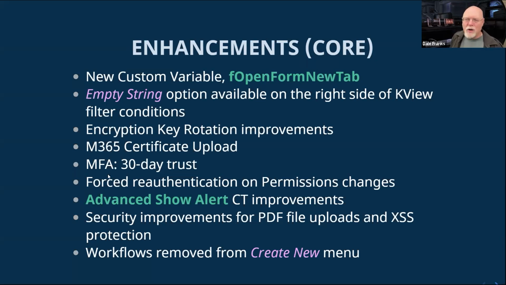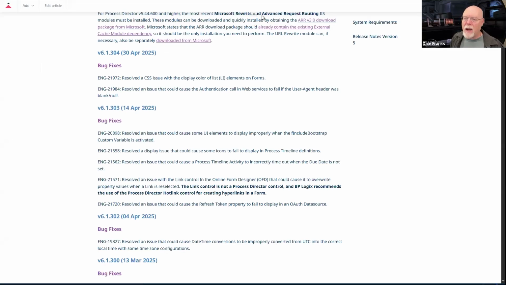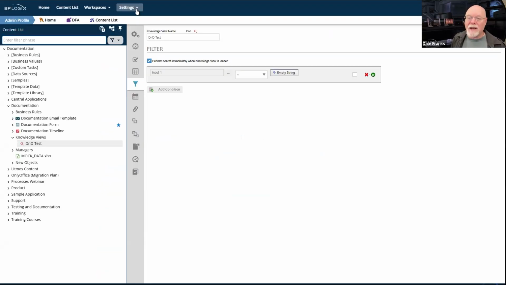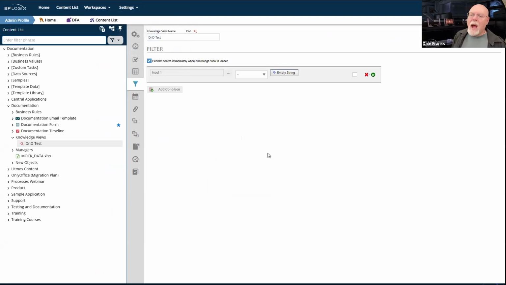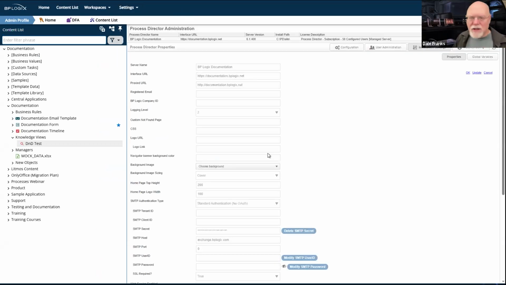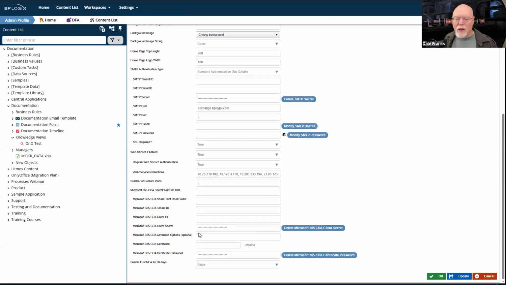We have added new properties for the installation settings properties page to enable you to upload an Office 365, or I'm sorry, that's not what we're calling it anymore, is it? It's Microsoft 365. And if you have CDA, collaborative document authoring, and you're trying to do it through your Microsoft 365 setup, there are all these properties that we added, and we've had to add some new ones.